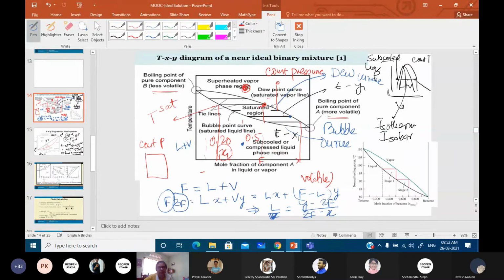Because definitely in any particular contacting stage, it's very difficult to attain equilibrium conditions. And again, as engineers, you would not like to keep on waiting for an infinite time for equilibrium to be attained. On the other hand, you would like to have something closer to equilibrium. You would like to design stages where you attain closest to the equilibrium, and you may add 1 or 2 extra stages such that whatever you are losing by not attaining equilibrium can be compensated, and starting with this particular feed, you can reach this particular product.